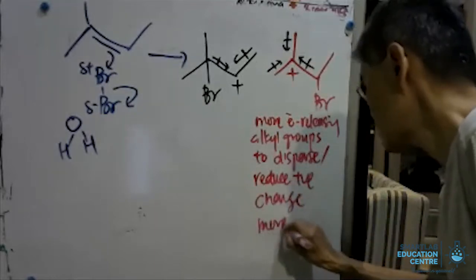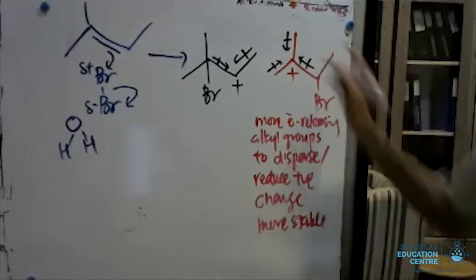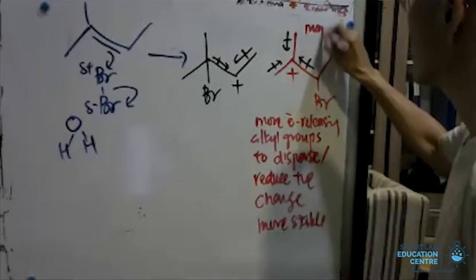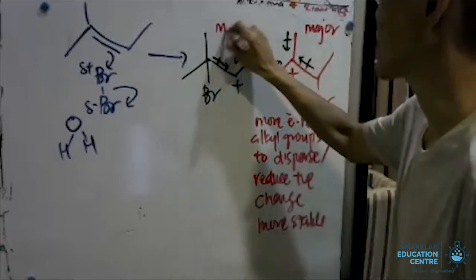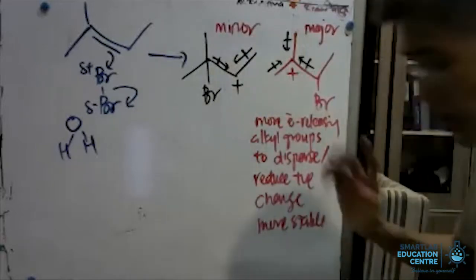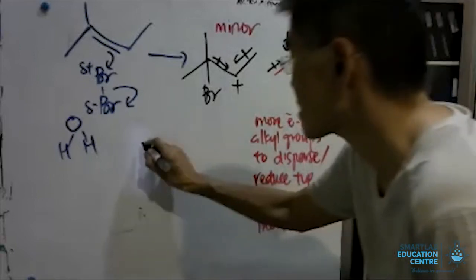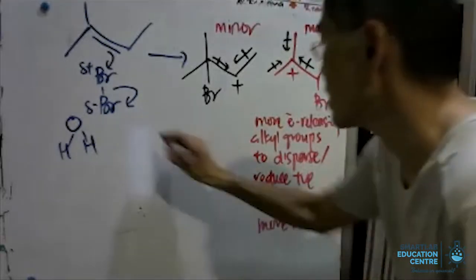So more stable. So if it's more stable, you will end up as the major species. So you must remember, this is actually major, this is minor. Which means, never mind, if I were to draw the major species, it means this is the major species. So if I can pull it down here,